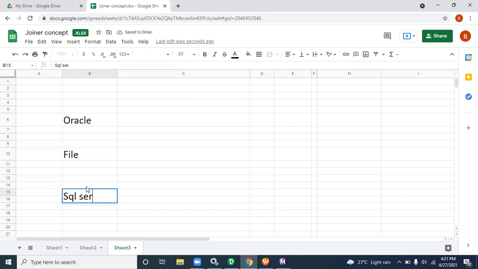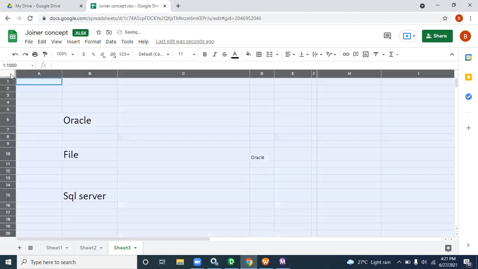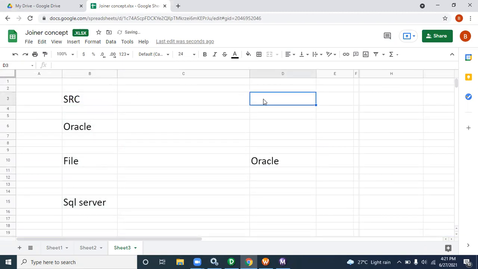The target is only Oracle, but the sources are these different databases, right? ETL means you can extract from multiple OLTP systems and load into a single enterprise oriented database, a warehouse, maybe Oracle, maybe Teradata, maybe SQL Server. Suppose we have three sources: Oracle system, file system, and SQL Server. But we have to load into the database.